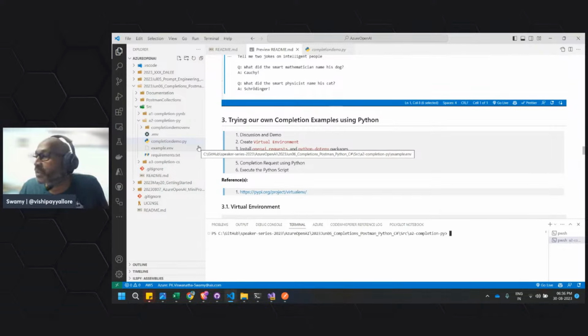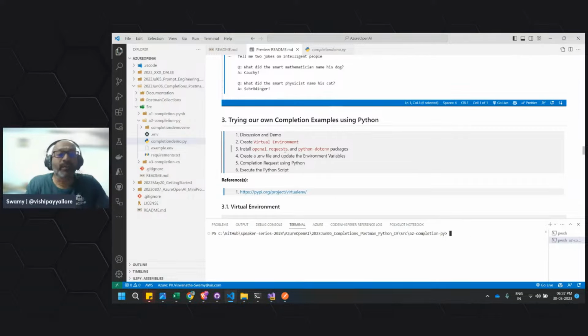Elias asks how to optimize cognitive search for unstructured document types to retrieve data for the GPT model. Yeah, I'll take up this question. I don't know how to pronounce your name, Elias, but I'll take up this question for sure. I want to understand. That's a pretty good question. There are a couple of things I'll show you.